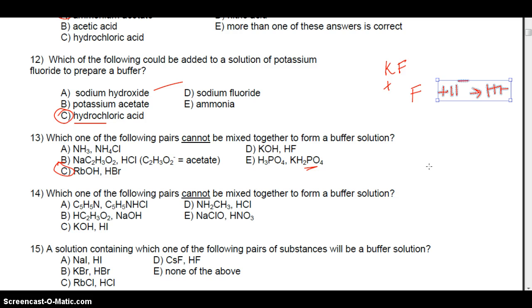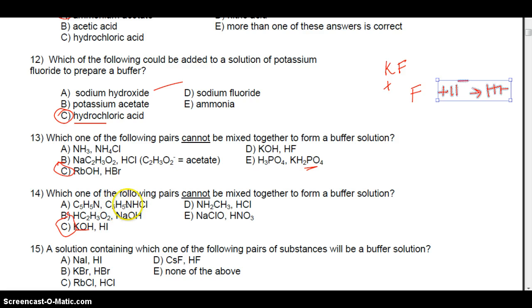14, which one of the following pairs cannot be mixed together to form a buffer? So same question, and again, this one pops out at me. I see KOH, which is a strong base, and HI, which is a strong acid. You mix those guys together, as long as they're in equal quantities, you're just going to get a pH of 7. It has no buffering capacity whatsoever. And if we look at these, we've got